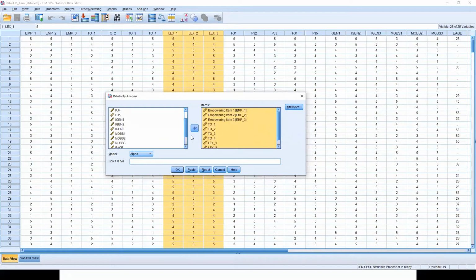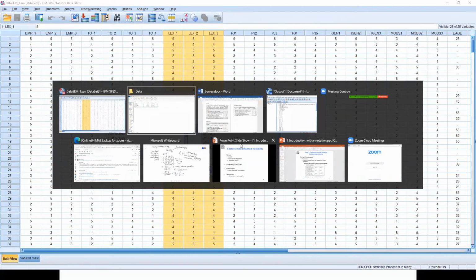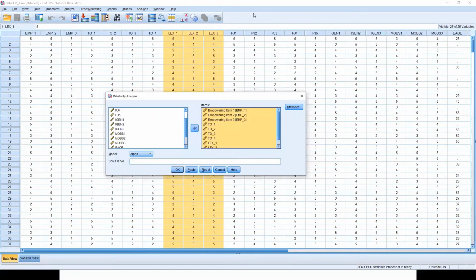I will copy them and paste them in the window. Item 5 is also coded as, so that may be a mistake.